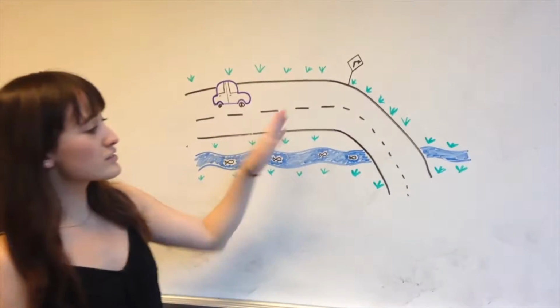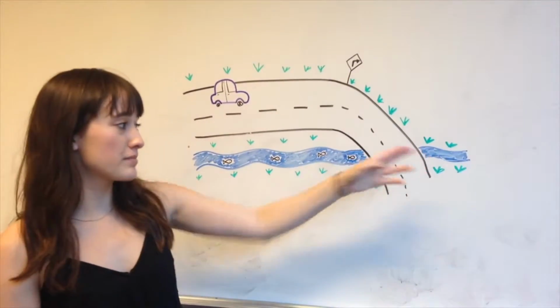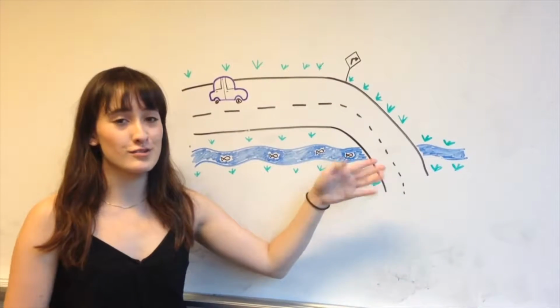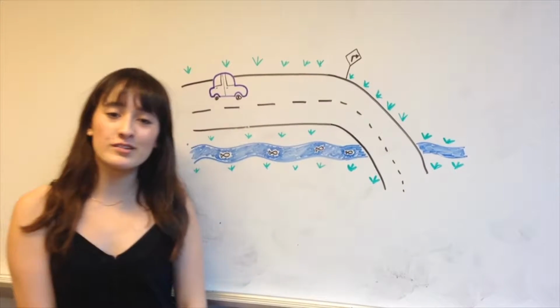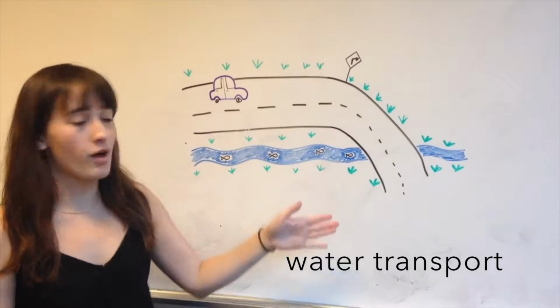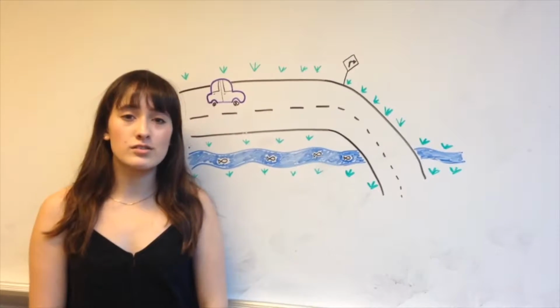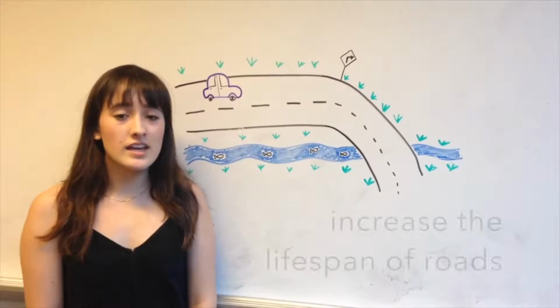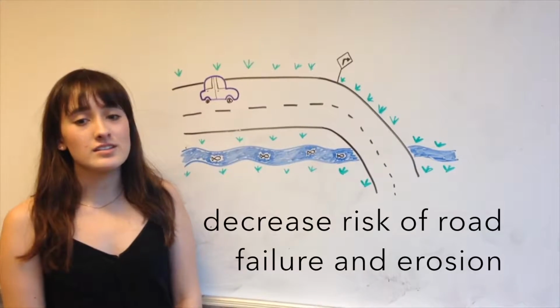You can see here that this road is blocking this stream, so the fish aren't able to pass through because there's no culvert. So culverts are very useful to transport water through roads that might otherwise block their flow. And they're also useful to prevent flooding on roads, increase the lifespan of roads, and decrease the risk of road